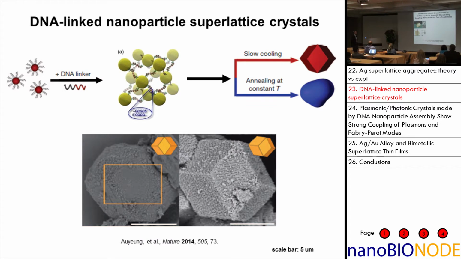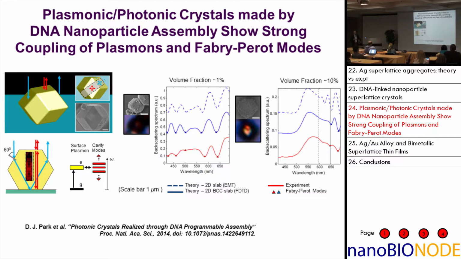This leads to opportunities to make various kinds of measurements in which you're using the micron-sized crystal as an optical cavity, and then you can see the effect of the plasmon resonances of the particles inside the lattice on those optical cavity results. So we did, in this case, look at the Fabry-Perot resonances that are formed when you bring down the incident light perpendicular to one of the crystal faces,